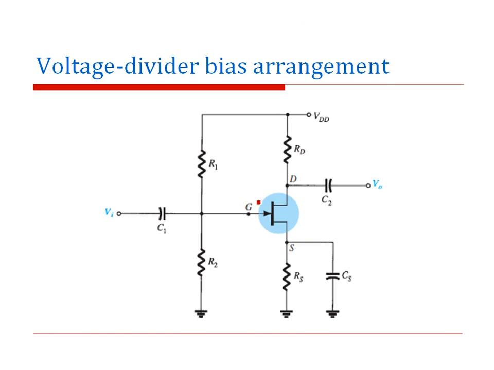Now this is the voltage divider biasing arrangement for a common source amplifier. This is similar to your common emitter amplifier. Instead of collector you have the drain here, instead of base you have the gate terminal, and instead of emitter you have the source, and the input is applied through a coupling capacitor C1. You have the source resistor bypass capacitor Cs, and C2 is the output coupling capacitor. In the potential divider biasing arrangement you have R1 and R2 here, RD is the drain resistance and RS is the source resistance connected.